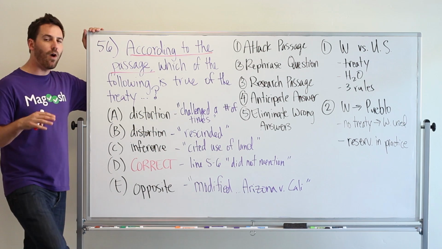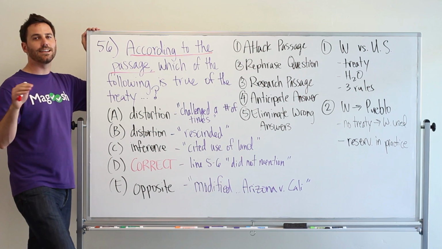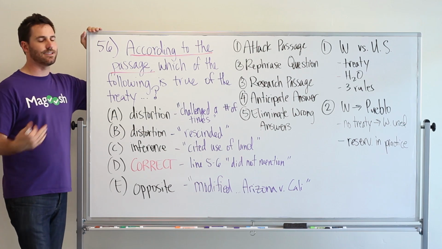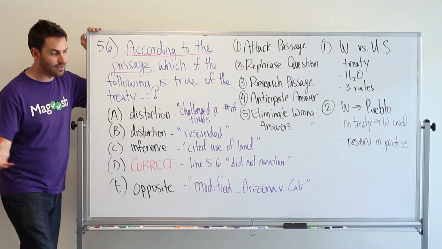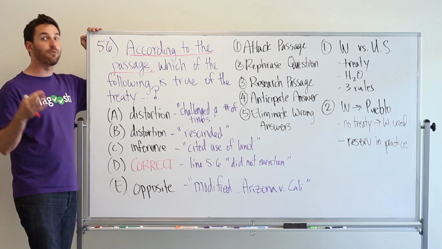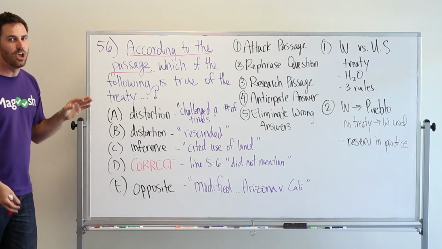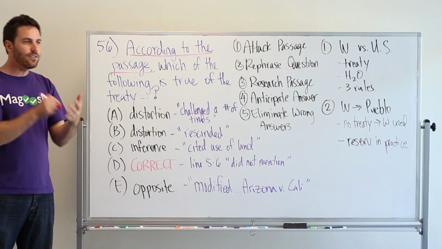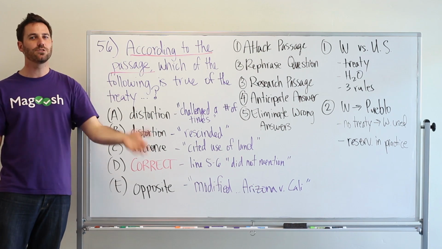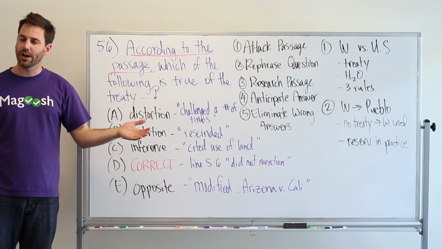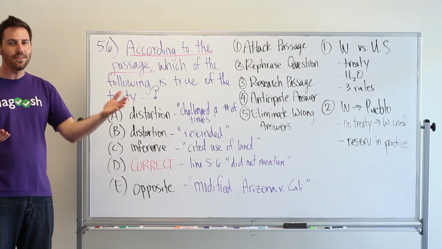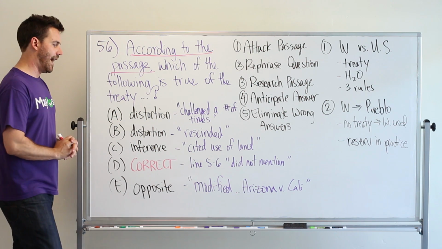Two, if you're focused on why something is wrong, you're more likely to eliminate it. Oftentimes students get stuck trying to think about how an answer choice is correct, and that is not the right frame of mind to approach the answer choices. You really should be thinking about how this answer choice is wrong. Once you find out how it's wrong, you eliminate it. If you can't figure out how it's wrong, then it's probably right, and then you think about proving why it's right.